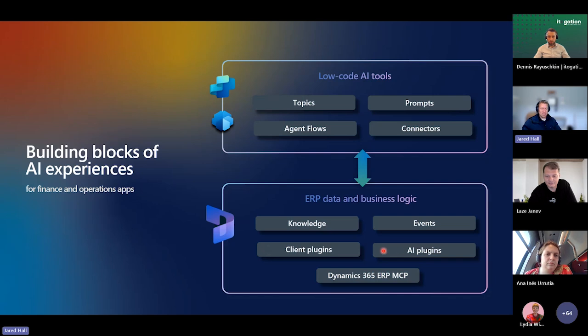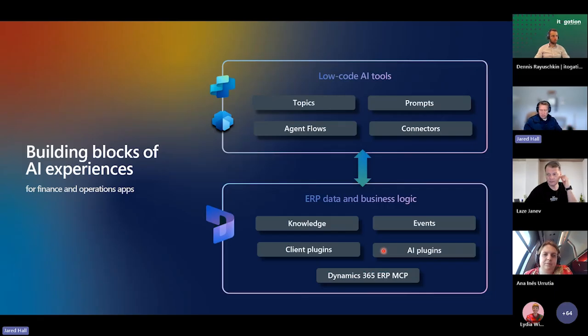And then AI plugins are similar in that we are opening up, and this is a component of our agent business services, so that the agent layer can communicate directly with our backend code, invoking that X++ as a headless operation as an AI plugin. We can register that in a custom Copilot, in a Teams chat, or anywhere that we need to have that operation exposed and invoke the business logic of our application.